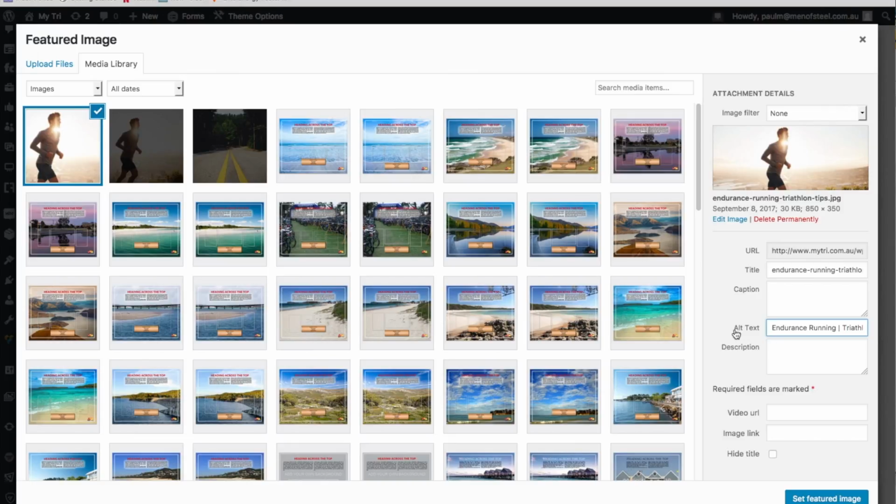And you also want to make sure that when you add an image that you title the image, because Google doesn't understand spaces, so you need to make sure that there's hyphens there and it's got your main keywords in there, because you want to rank well even for the images. And make sure that you've got an alternative text as well. Once you've done that, set image,